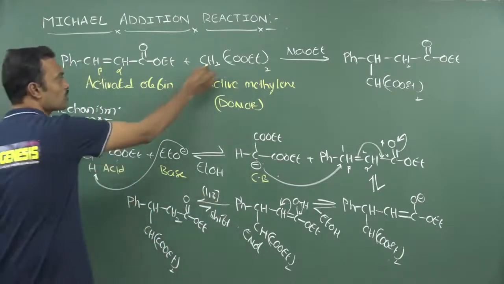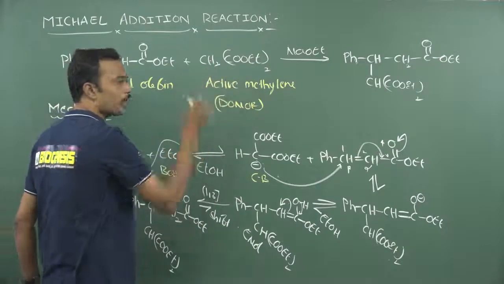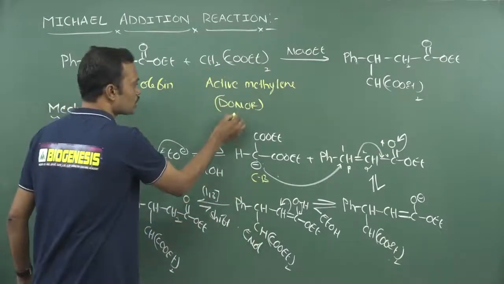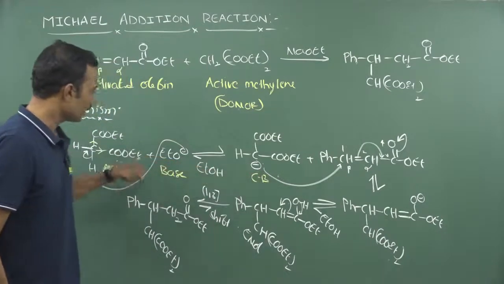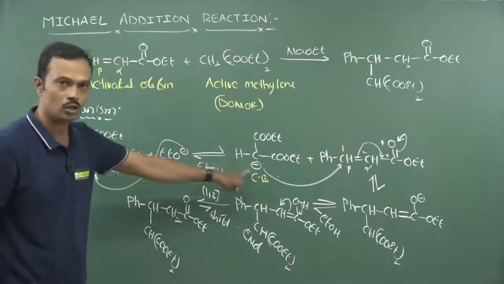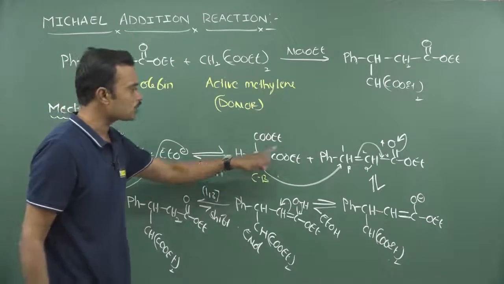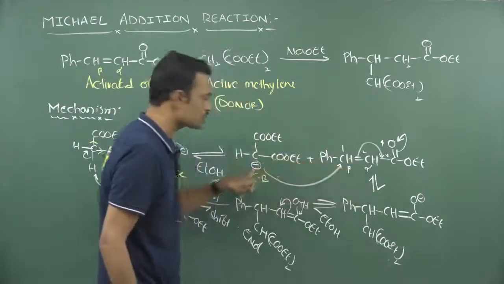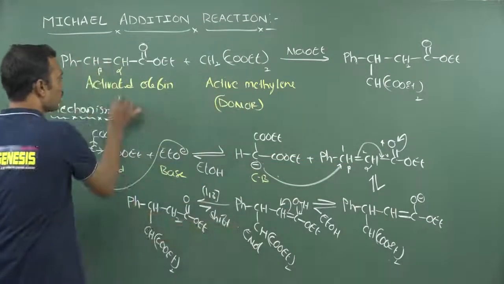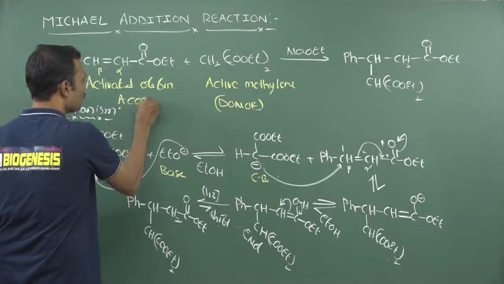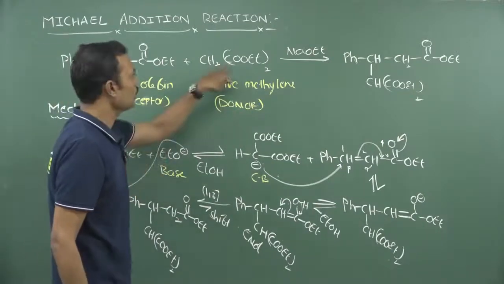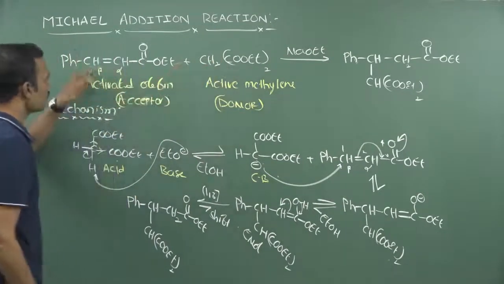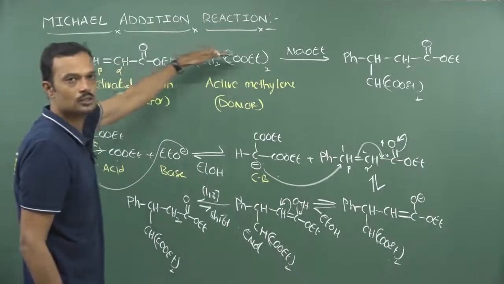Any molecule which carries a CH2 with hydrogen is called an active methylene group, which can lose a proton, which is why it is called the donor. And after losing the proton, the donor forms a conjugate base. Now this is an acceptor of this conjugate base. So this is a donor, and what about here? This is completely the acceptor. This is donor and this is acceptor. It will lose a proton and the negative ion will attack over here. So it is the best acceptor and this is the best donor.